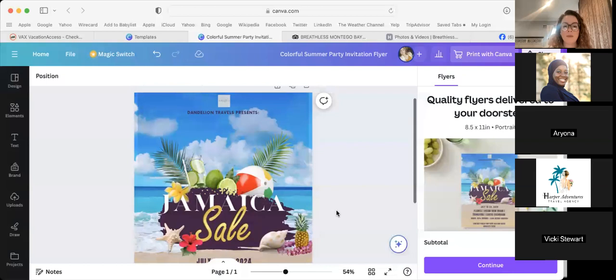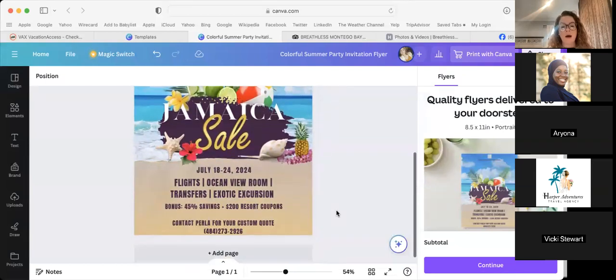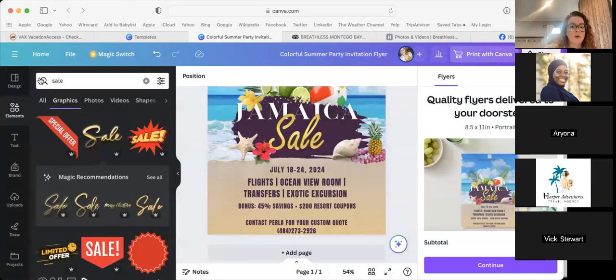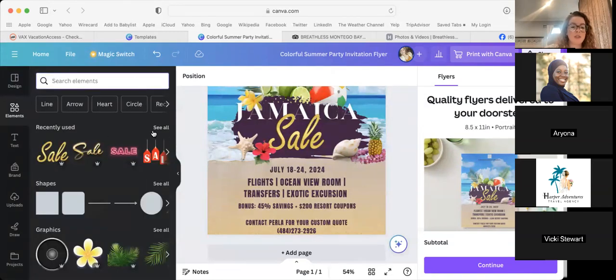Right now, the only thing that we're missing is the deposit, right? And obviously we have a deposit option, so we know that when we're posting travel ads, we want to put the deposit option. So the deposit is going to be $560 per person starting at, okay? So you decide how you want to do this deposit. Do you want to literally just write it down? Do you want to put it in a little box, in a little circle box, whatever? So usually, depending on how I do it, I like to just put,